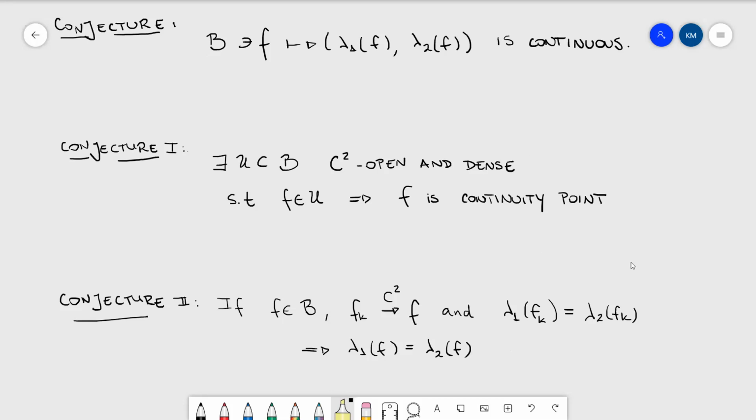Sorry, Karina, I have a question. In conjecture one, you have this set U that is open and dense. Do you have a description of this set? Is the set satisfying a list of properties or something like this? Or you don't think in that way? That would be the perfect situation. But no, at first, no. Okay. The last theorem that I'm going to state is going in that direction, and I'm going to tell you there what should be the condition. Okay, thank you.